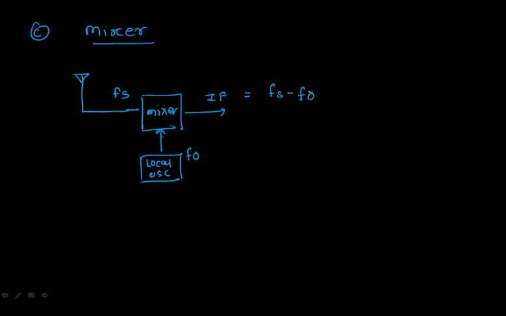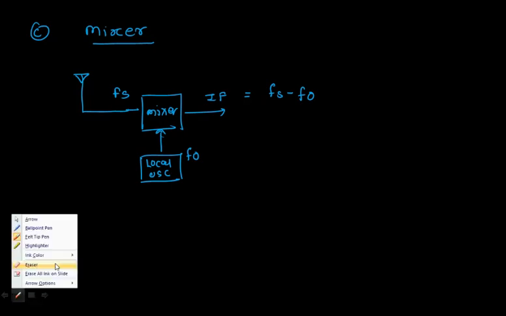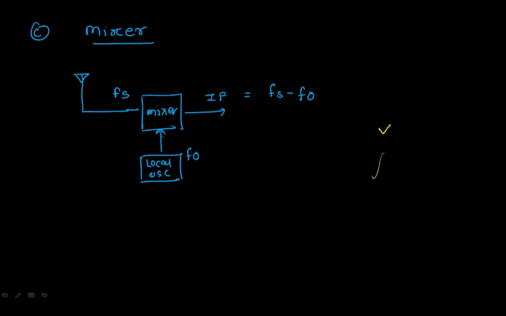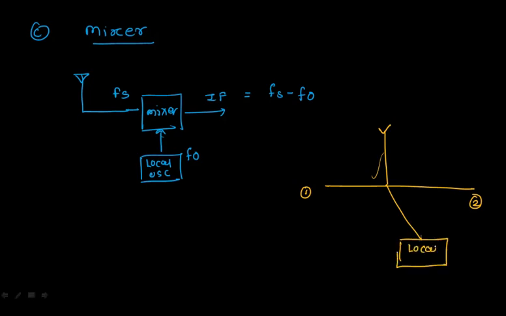Now how does this work as a mixer? You have 4 ports over here. In the Magic T, you connect things like this. This is your antenna from where you are receiving power. This is port number 1, this is port number 2, and this is port number 3. Connect this to the local oscillator. The local oscillator will generate your frequency F0, and this will be given to both the ports, and that will be in phase.